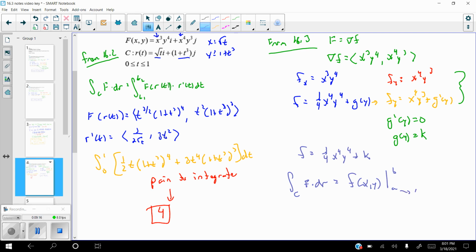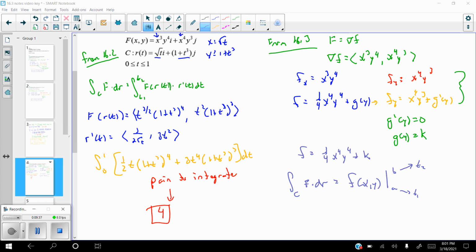Oops, this one is associated basically as t1, this one is associated as t2. But we can't use t values because our function here is a function of x's and y's. So what we need to do is we actually need to find a and b,